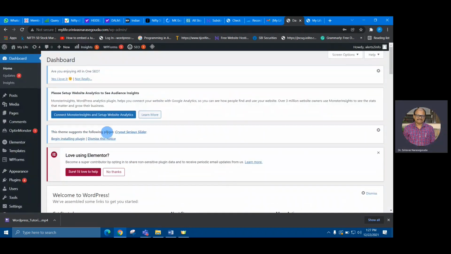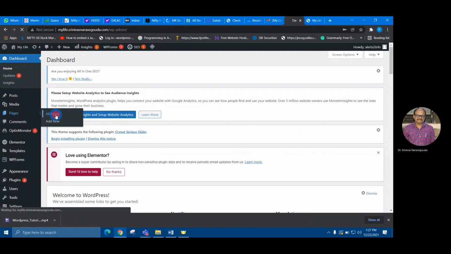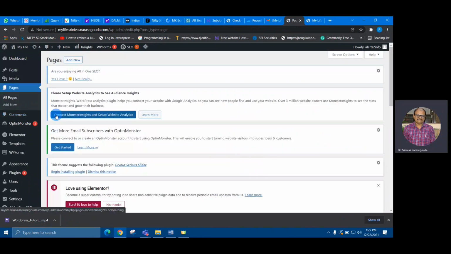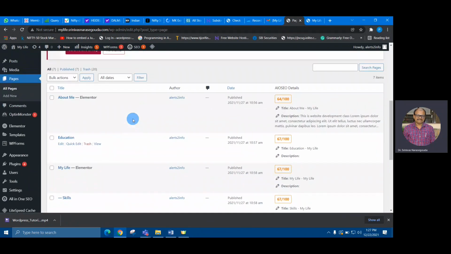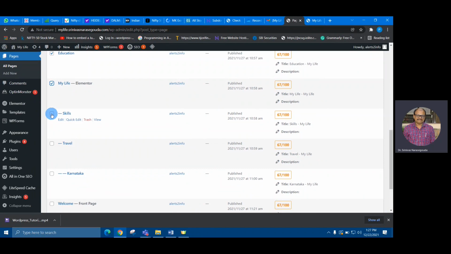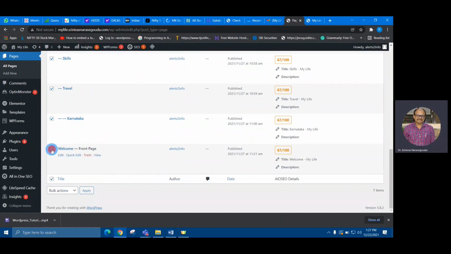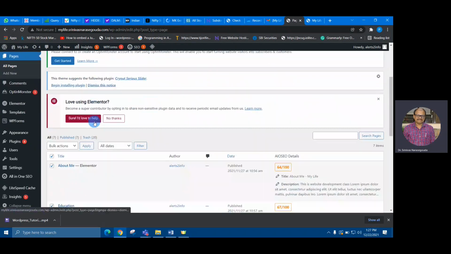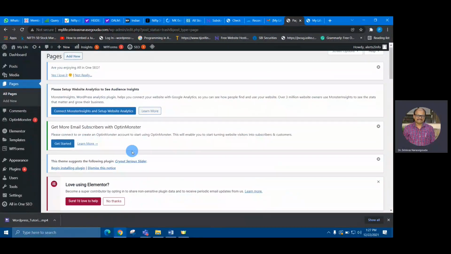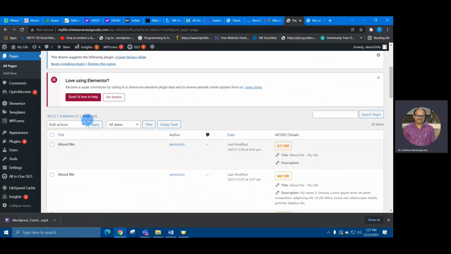Yes, I've already created the pages, so I'm just going to delete all the pages. So go to the pages, select all pages, and you will see all the pages which you have created. By default, sample page and home page will be there. When you create the website for the first time, you can delete them also, and you can start from scratch. So I'm just going to delete all the pages that I've created. Go to trash. When you click on the trash, everything is deleted.